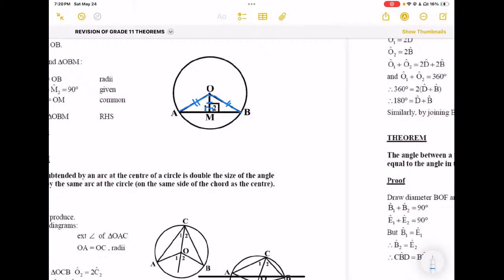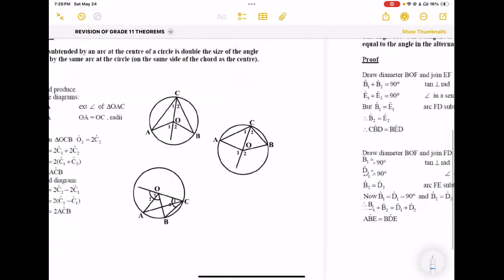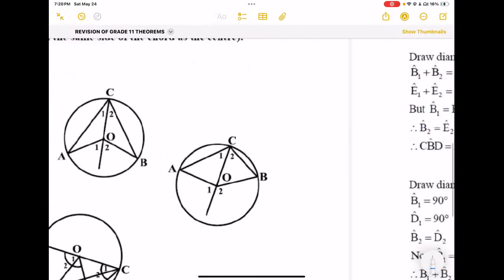So we have proven that these two triangles, triangle OAM and triangle OBM, are what? They are congruent, right? Which means if they are congruent, obviously this side and this side will be equal, right? And then we've proven that in the first theorem. So when we come to the second theorem here,